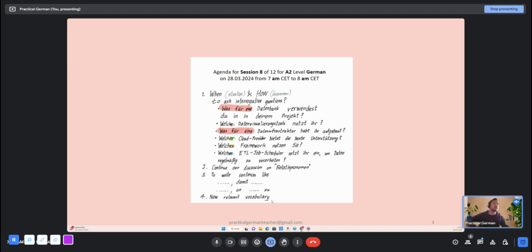Before we start, just so that some of you have some reading practice, Jagdish, so you see these sentences, right? There's bullet points, was für eine in the sentence. So there are one, two, three, four, six sentences. Can you please read all these six sentences? Ja, was für eine Datenbank verwendest du in deinem Projekt. There's a mistake, there should be only one in. Okay, your project. Next sentence.